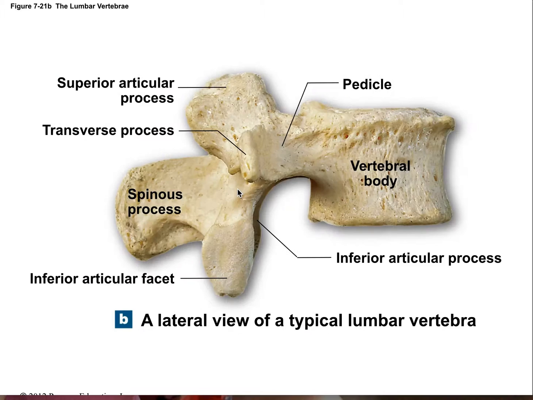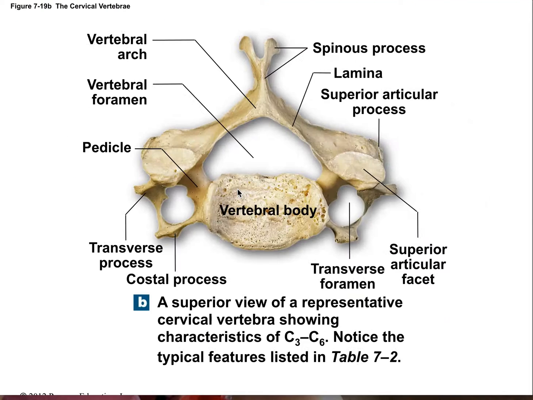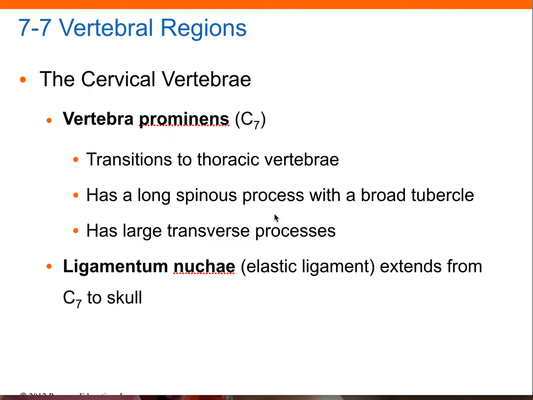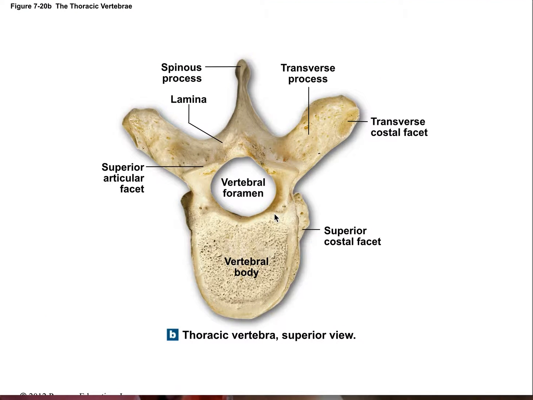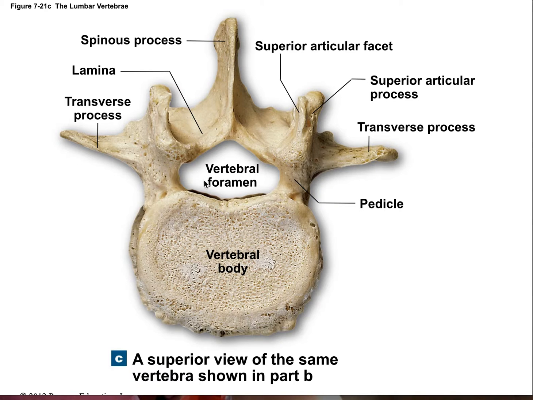So what did we say for cervical? Let's take a look back at cervical. Large vertebral foramen, tiny little body. As we go down to thoracic, the vertebral foramen gets smaller and the body gets larger. And then we finally get down here, and in comparison, the vertebral foramen is much smaller and the body